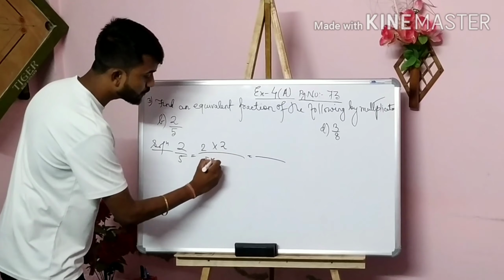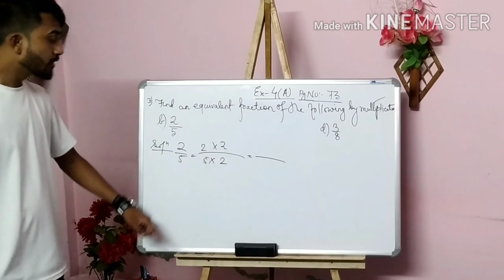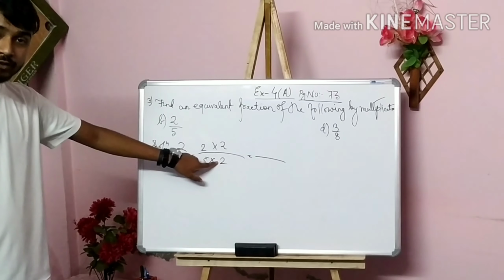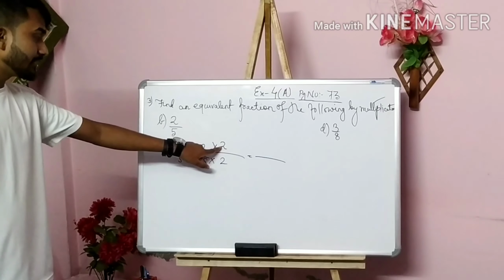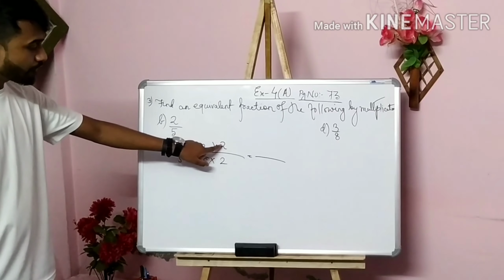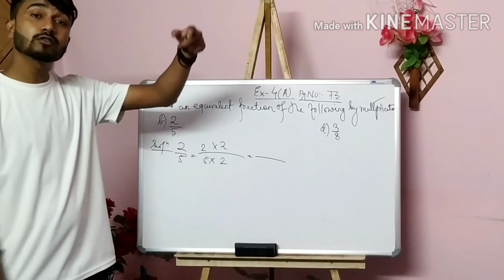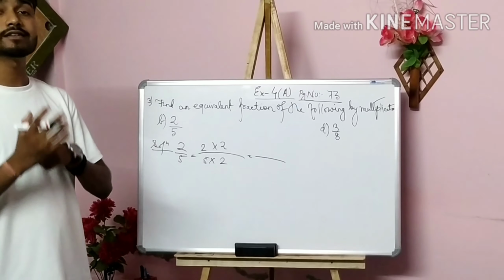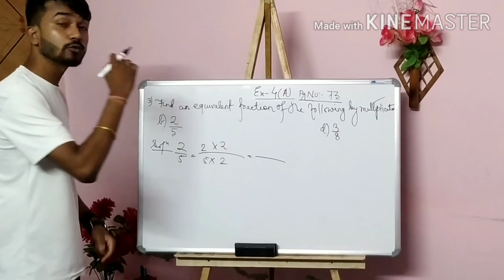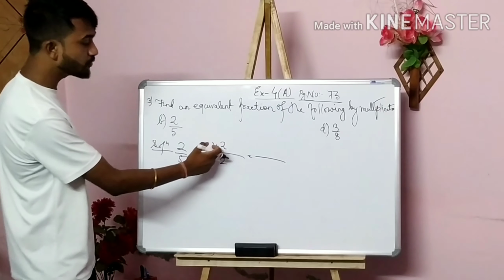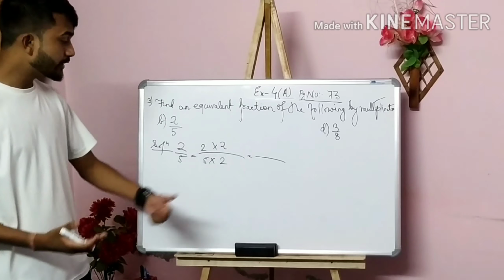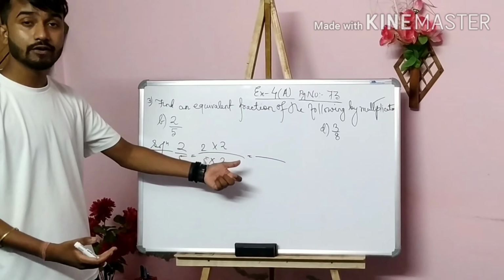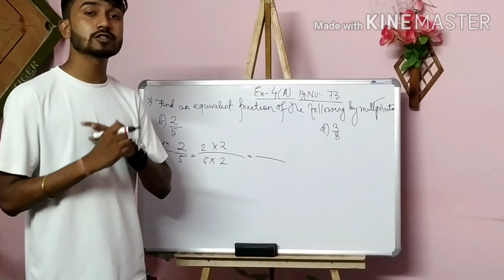Okay, this is not specific that if I am going to multiply this by 2, sorry, 2 into 2 and again 5 into 2. I have written the same numbers here, no? You can write 3 3, 4 4, 5 5, 6 6, 1 crore, 1 crore, any number you can write. Okay, there is no such condition that the number is specific. You don't have to write that number only. I have chosen 2. That is no big deal. You can choose 3. You can choose 4. You can choose 5. But the only condition is what?